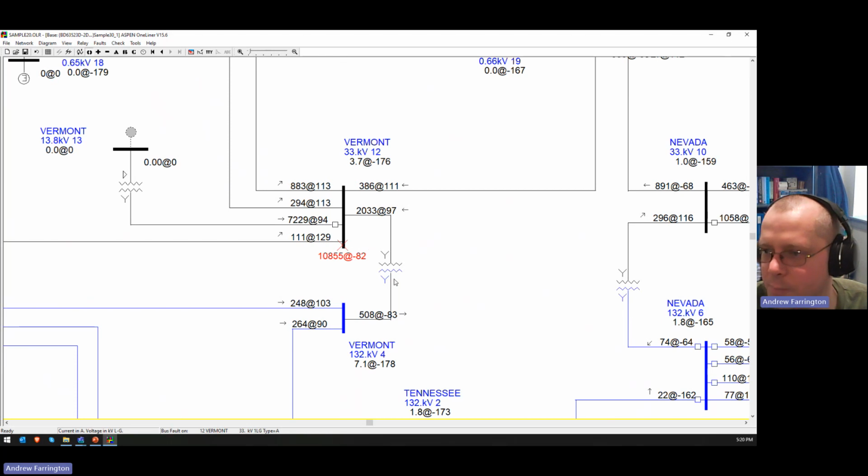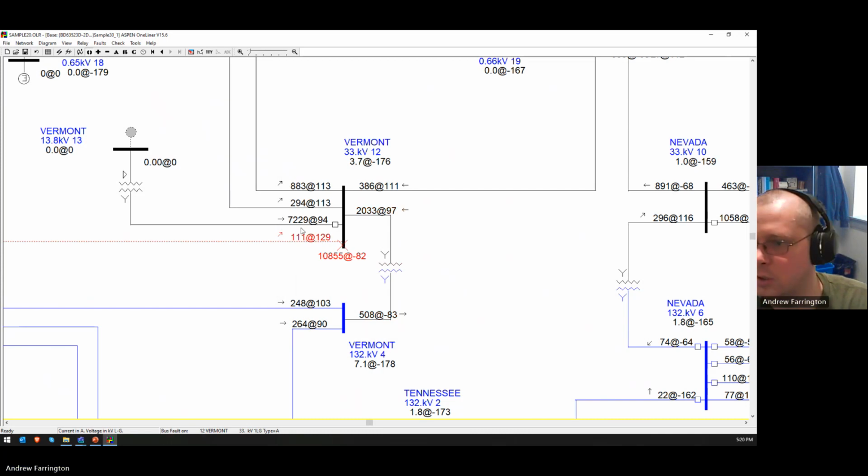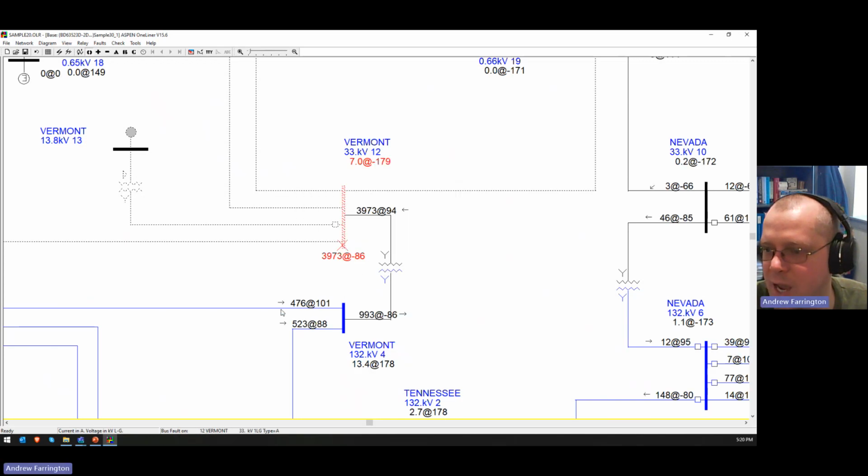Meanwhile, if we have a YY transformer that is grounded on both sides, I take all this stuff out just to make it simpler. This is just a path through which the ground fault current flows, right? So this ratio here is just the inverse of the transformer ratio. So this fault current is not being sourced from the transformer. It's just flowing through from the high side. Okay. If we put this back in,